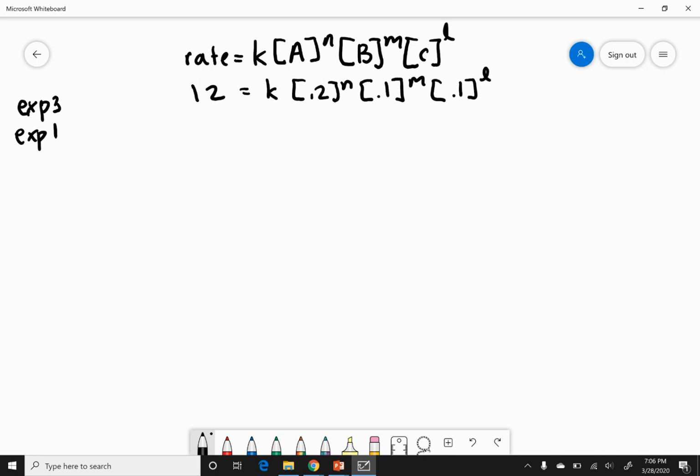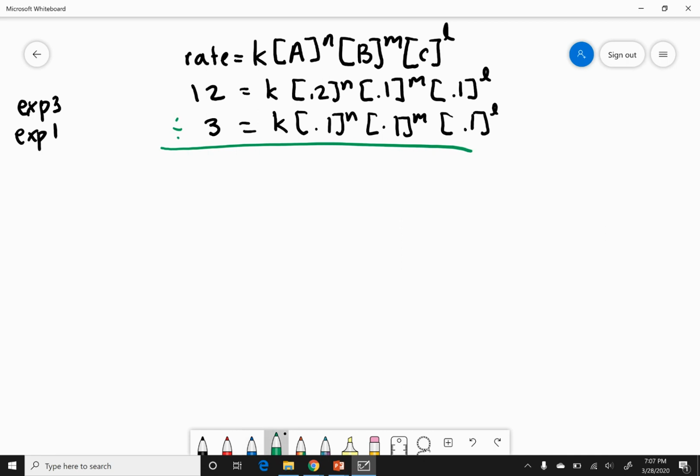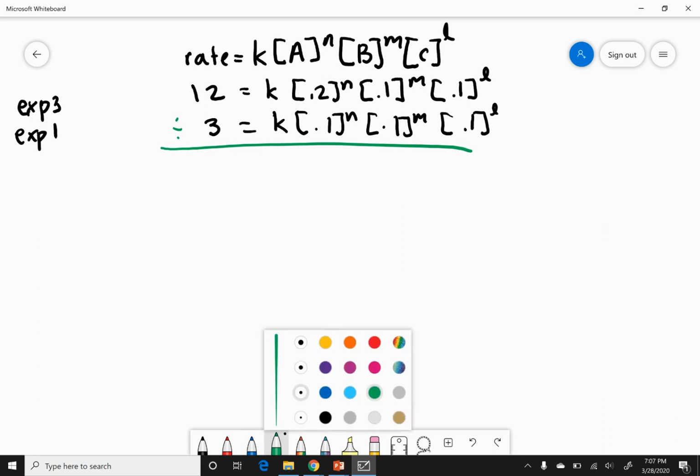And then for experiment 1, our rate is 3, and that equals k, and then our concentrations, 0.1 raised to the nth power, 0.1 raised to the mth power, and then 0.1 raised to the Lth power. So if we take this and divide these equations by each other, we get that